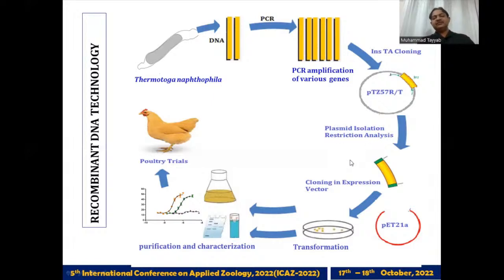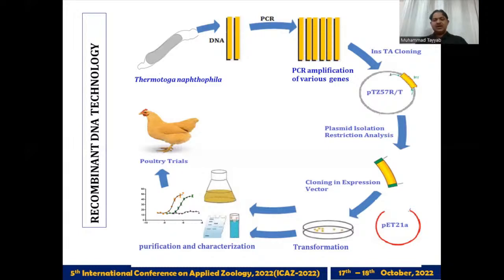Once we have confirmed that our gene of interest has been ligated in the vector, this recombinant vector can be utilized for the transformation of E. coli BL21 codon plus cells, for example, which can serve as the expression host. Then once we have the cells which are having the recombinant vector, these cells can be utilized for the production of recombinant enzymes. After the production, we can optimize the conditions for the production